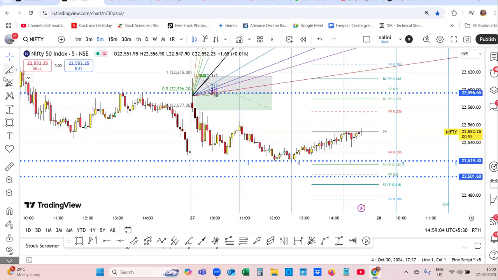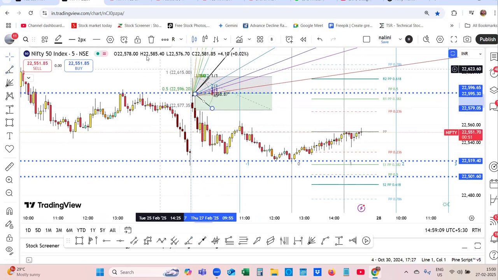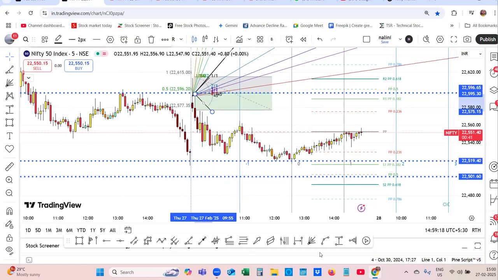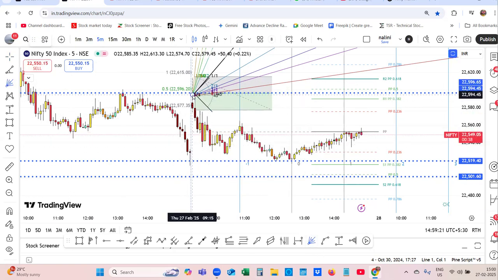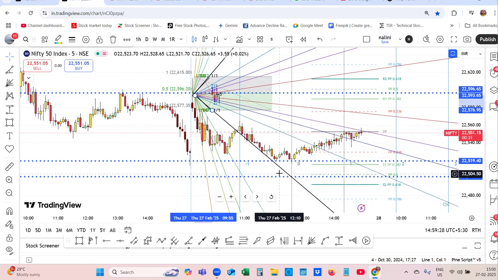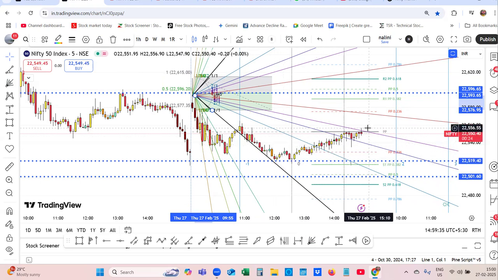Suppose I anchor the 45-degree angle like this, and place my Gann fan to know how it is. You can see clearly here, around 12 o'clock, 12:15, the market started reversing and climbed. The reversal came from here,